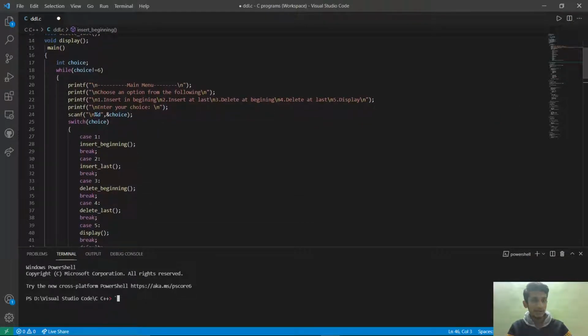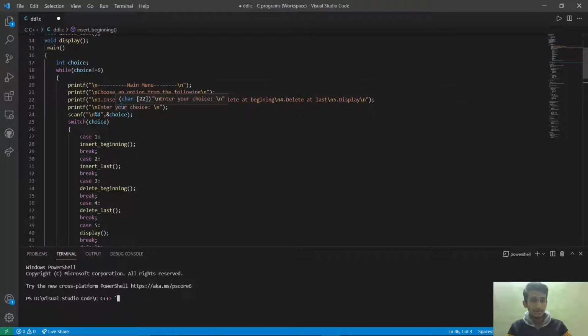Now let us get into the main function. In this main function I have created a variable int choice. If the choice is equal to 6, the loop exits, and here are the options which I am giving.